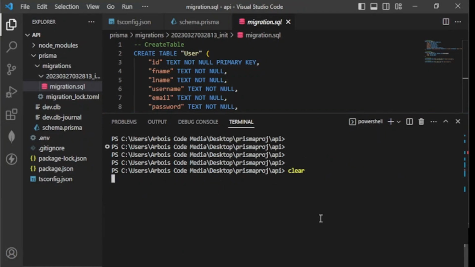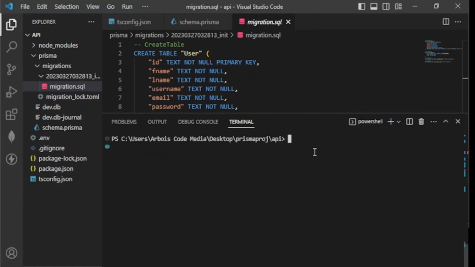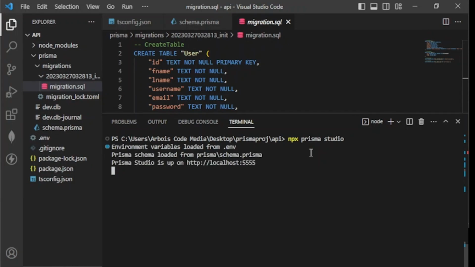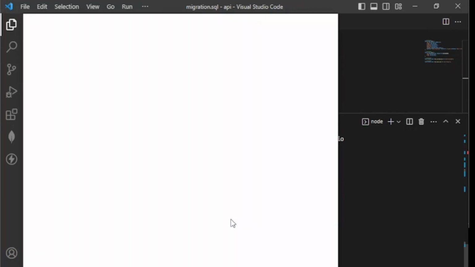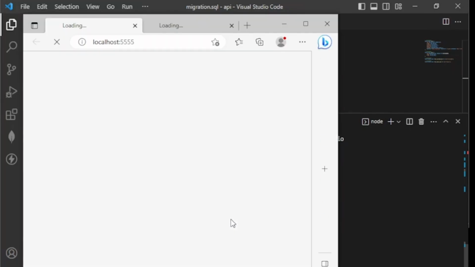Okay, let's clear this up. Then paste the command line and hit enter. From this section here, it will forward you to the URL, which is localhost:5555. Then notice here, it will auto open a browser,